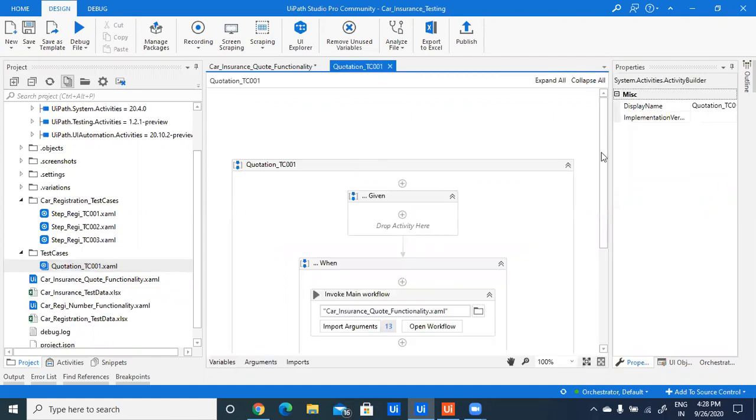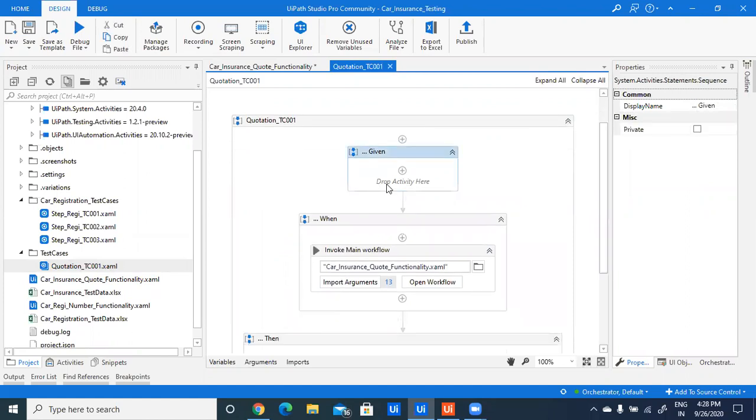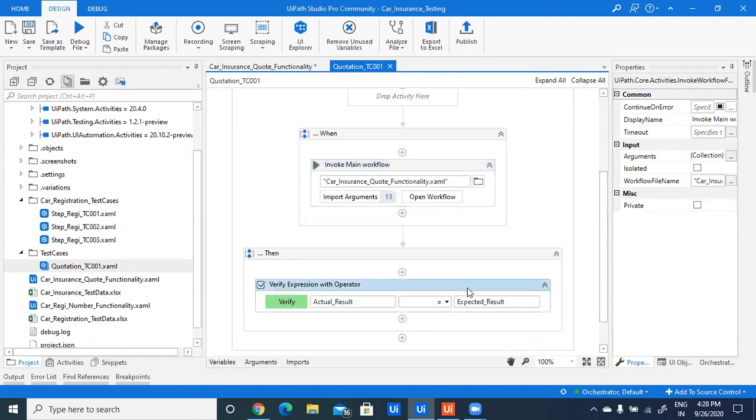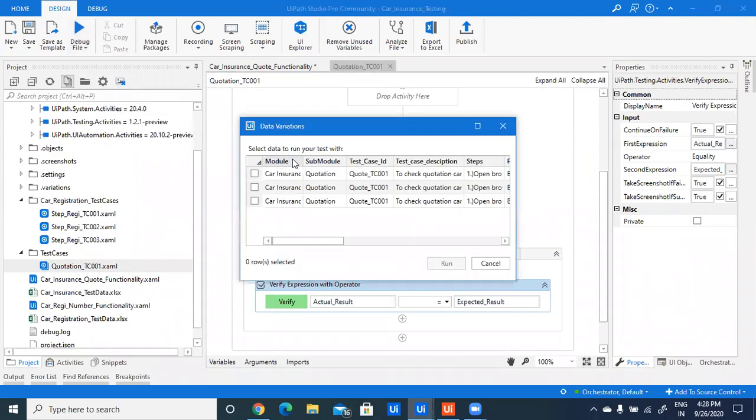After converting, it will be in the given-when-then structure. In given, we provide our Excel sheet data, and in when, our main workflow is invoked, that is, our quotation functionality workflow. And in then, we compare our actual result with the expected result. From UiPath Studio Pro, we can run our test cases by checking all the test data.